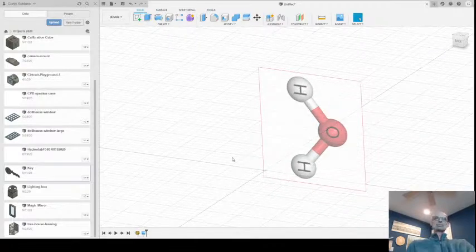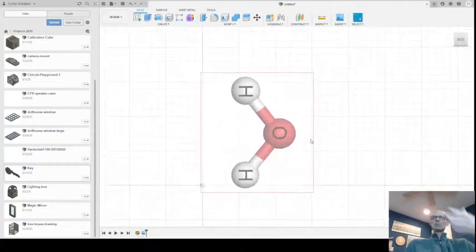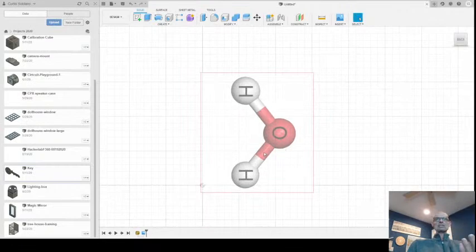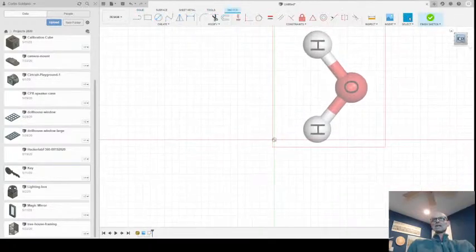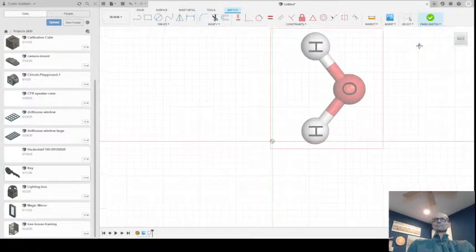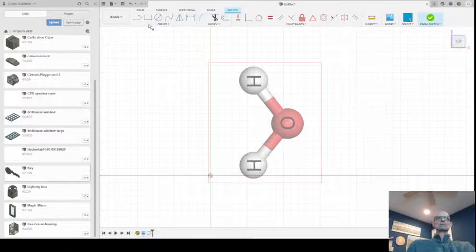So I've taken this image just right off my hard drive, and I've placed it in the workspace on one of the planes. So what I can do now is effectively use this image to model something that I want to model either in 2D or 3D. So just kind of follow me here for a second. I'm going to create a sketch. The sketch is going to be upon this plane that we're looking down at. I'm going to reset the current view as top, and then I'm going to,